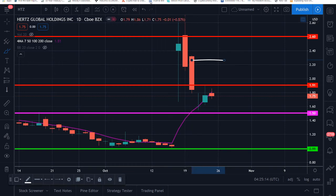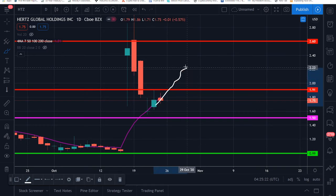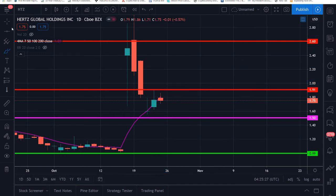But so far on the daily here, it's just having a slow grind to the upside. So we just have to give the price action some time to move. Okay, so that's basically what I'm seeing. If I had to guess a direction in the market here,